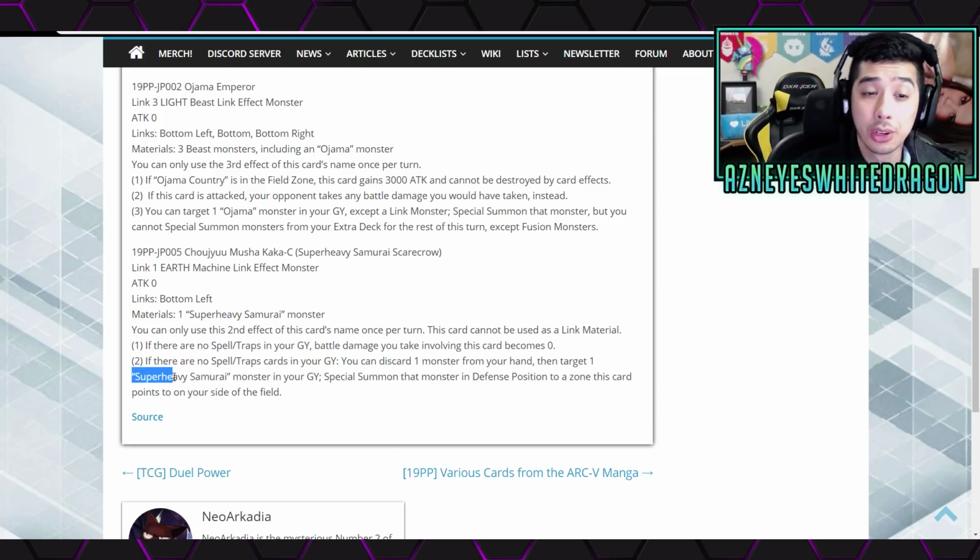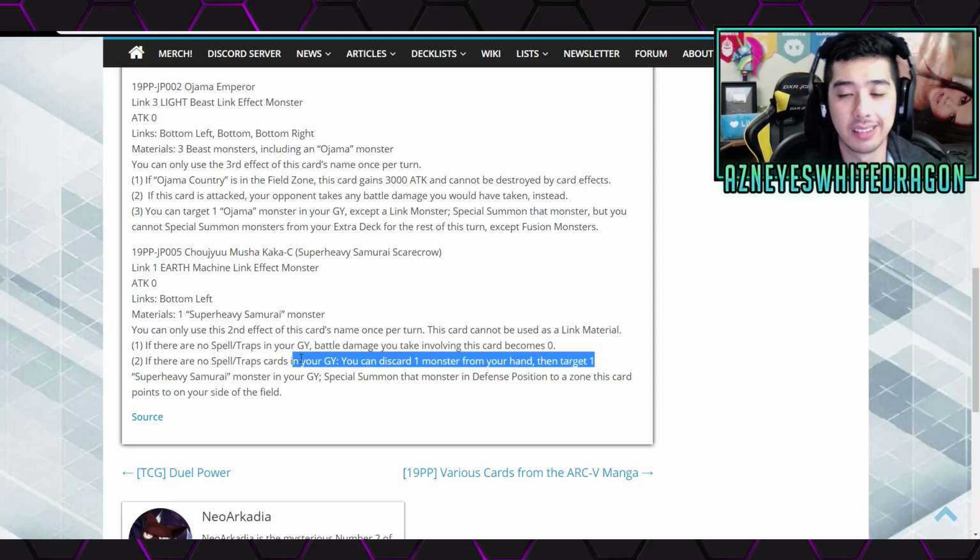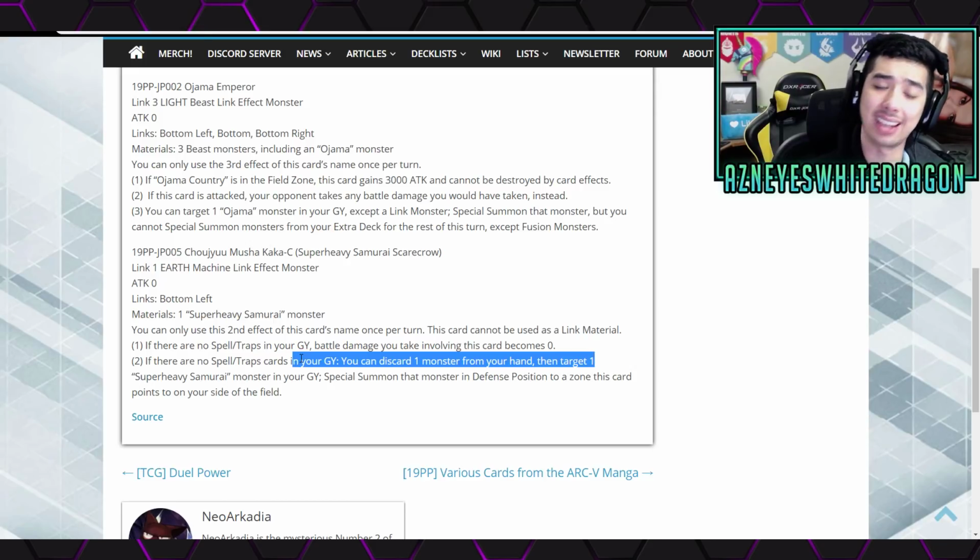And on top of that, you target any super heavy samurai, which is obviously going to be the Benkei 3500 attacking defense position monster. That's not too bad. I mean, at the end of the day, who has even seen anyone play that deck? I haven't seen this deck in so long. Is this going to make it much better? I mean, yes, but it's not going to be an S tier deck by any means. But that just means you're going to be having easy access to some of the more powerful monsters